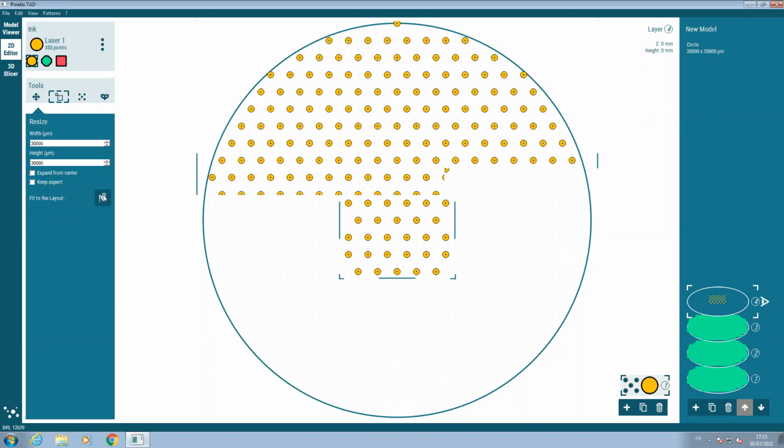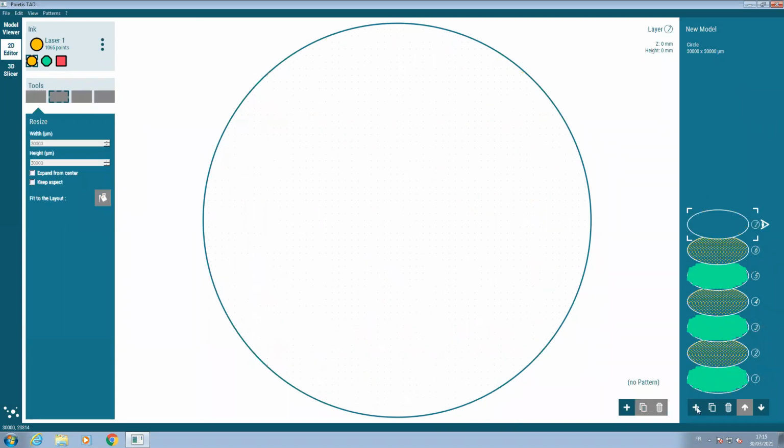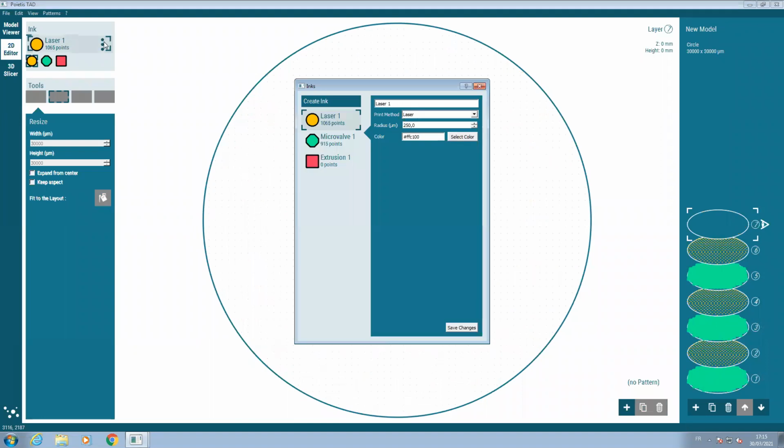We fit it to the layer, and now you've got your layer of fibroblast. And of course, you can repeat it several times, and then you can adjust what you want, meaning that to obtain a dermis model, you print first a layer of collagen, then a layer of fibroblast, and you repeat this again and again. Then the last layer, usually for the last layer, what we print, so here I have to